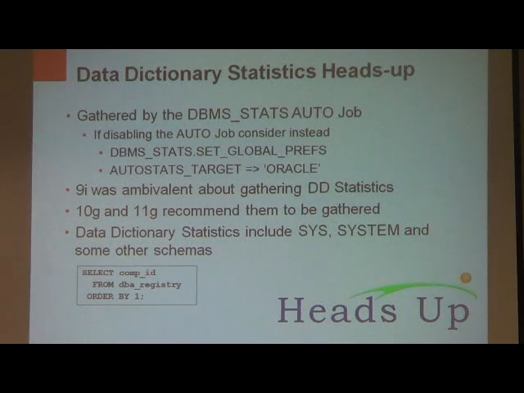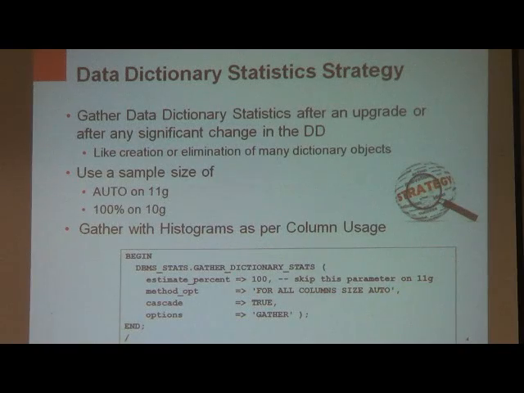But when do we do this? When shall we do the data dictionary stats? How often? When there is significant change. Significant change of the number of objects added on the data dictionary. Yes. So that means, for example, you did an upgrade. During an upgrade, we create many objects, we change objects, that's a good time to do it. Or you either eliminate or create many dictionary objects. If your application creates thousands of tables and then drops thousands of tables, then you have to do it